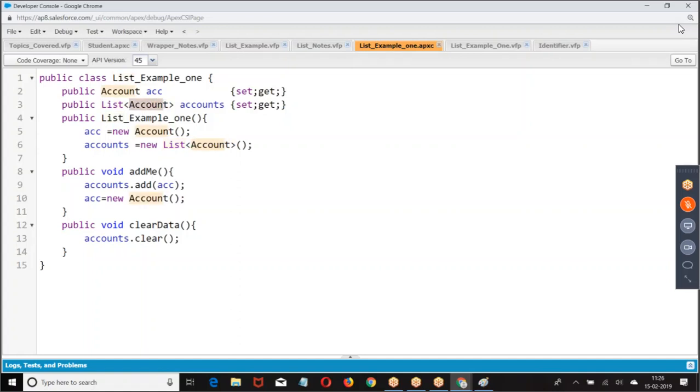What is the type of object we are taking? So the complete one is the data type. List of account is the data type. ACC is the variable. Is that clear?